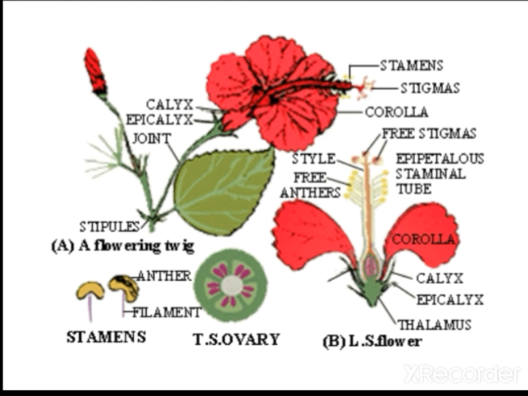So this is the Malvaceae family, the hibiscus, Rosa sinensis, the hibiscus flower, that is the shoe flower. This dissection you can simply do at home, children, easily you can find out. Even the TS, the transverse section of the ovary, you can do, and you can find the structure, how the placentation occurs within the ovary.